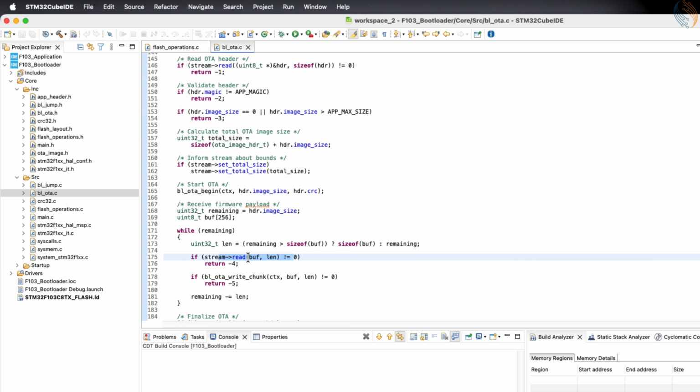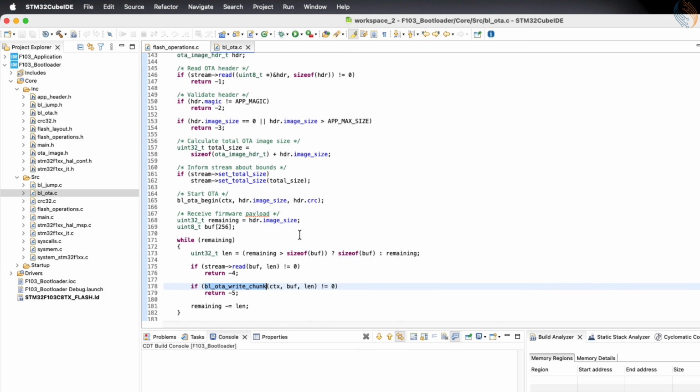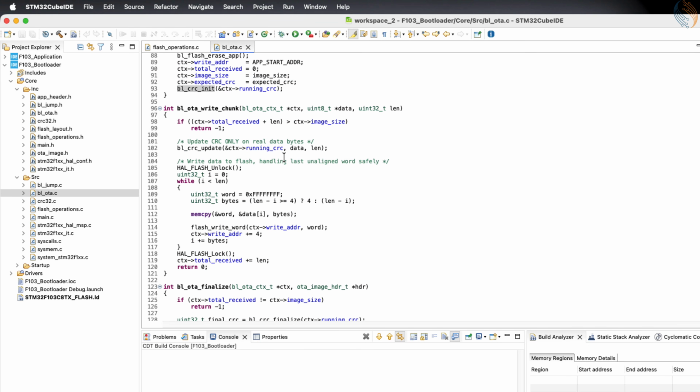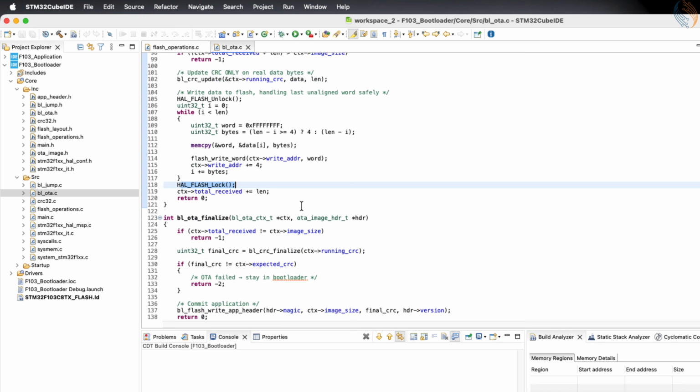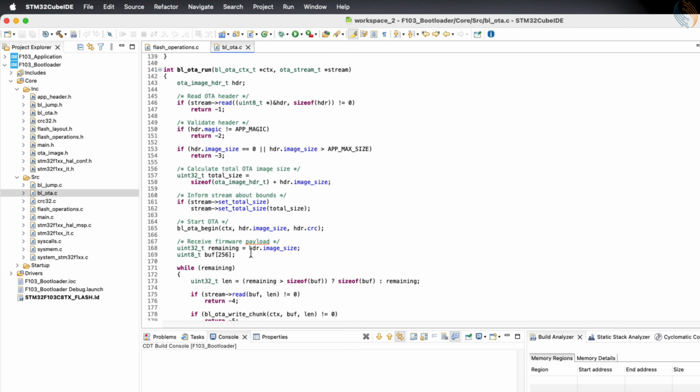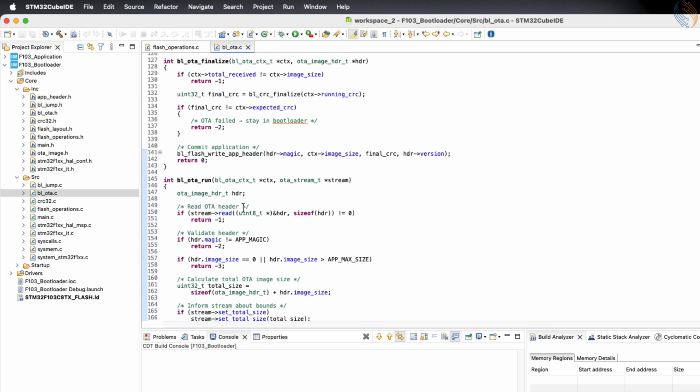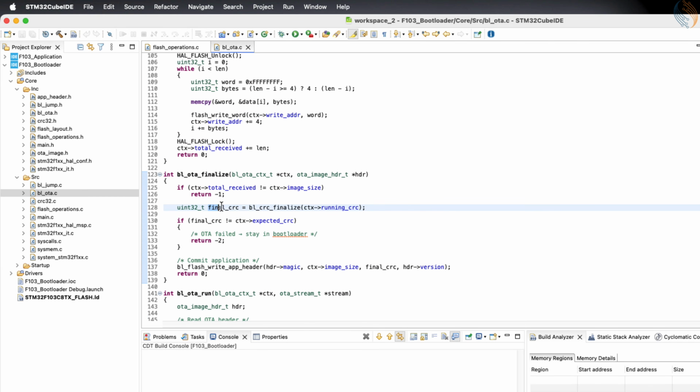Once everything is initialized, the actual flashing process will begin. The code will read the data in small chunks from the provided memory location and write it into the application flash region. At the same time, the CRC value will be updated for every chunk that is written. After all the data has been written to the application flash memory, the OTA finalize function will be called to complete the update process. This function will now finalize the CRC calculation, and compare it with the expected CRC stored